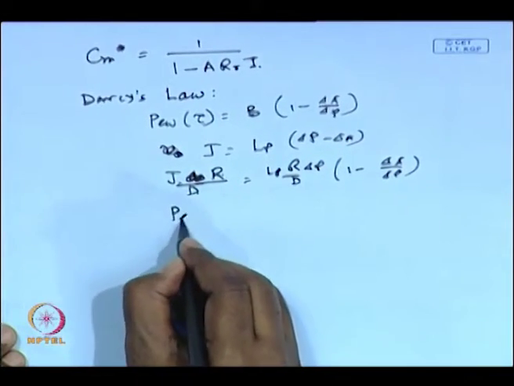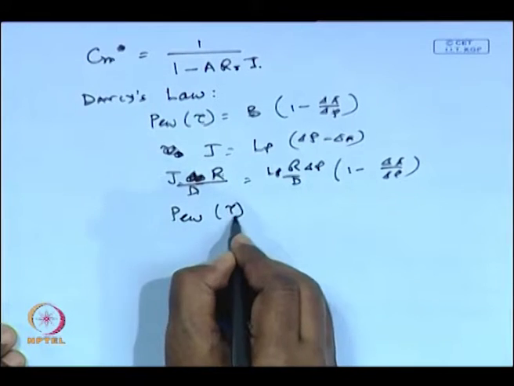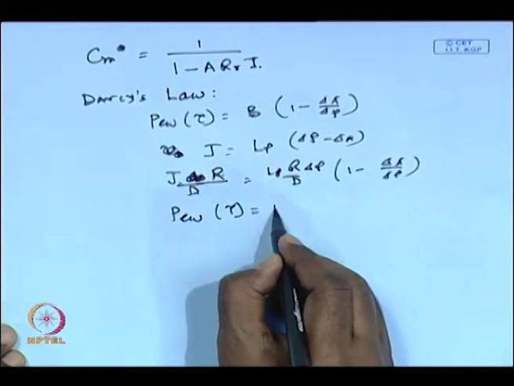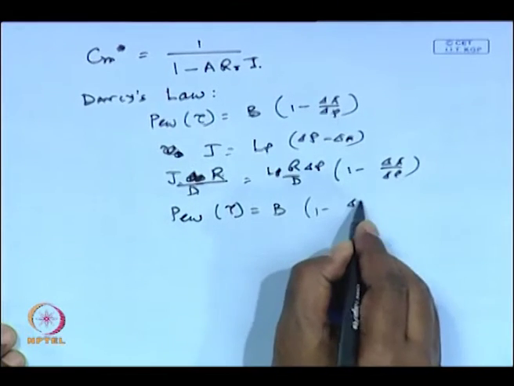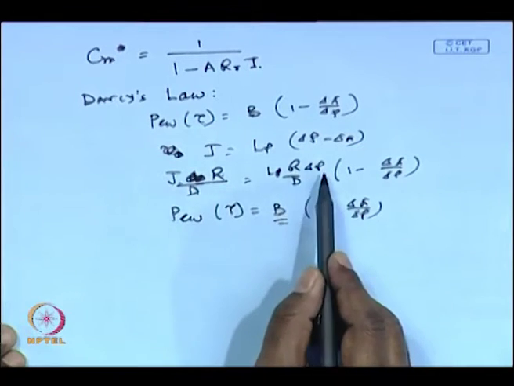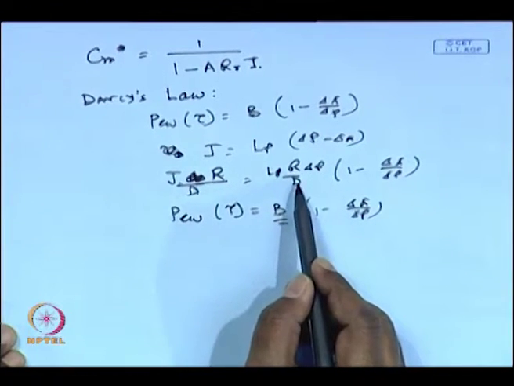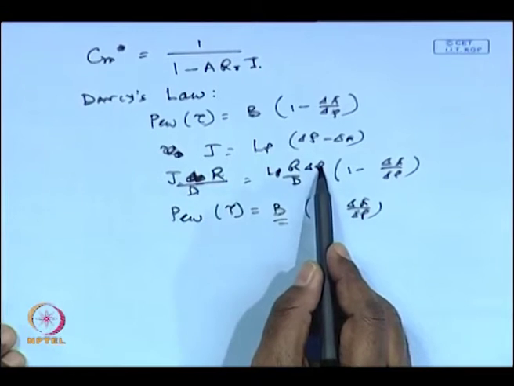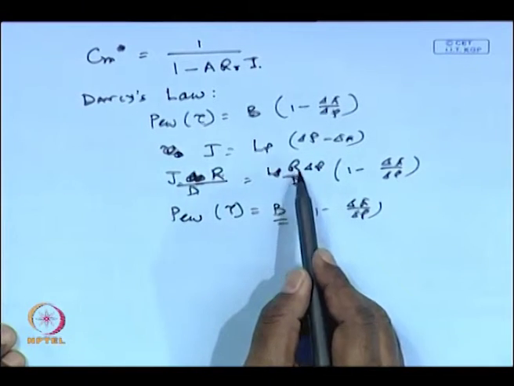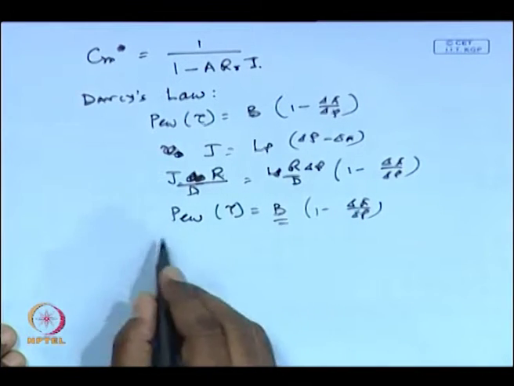This is nothing but the non-dimensional Pw. This is valid at every tau, and Lp r delta P by D is a constant B, multiplied by 1 minus delta pi by delta P. This is a non-dimensional parameter that takes care of operating pressure, diffusivity, solute property, operating conditions, membrane property, and of course the geometry property r. And what is delta pi?